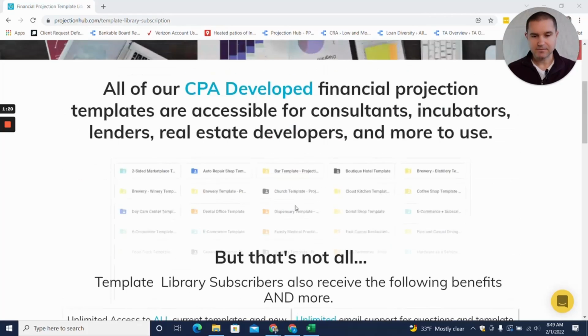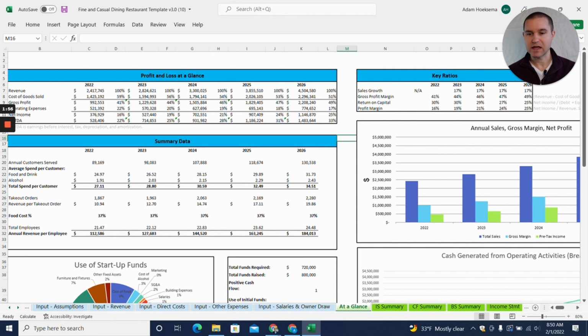You can see we have things like a two-sided marketplace template for a technology business, an auto repair shop, a bar, a boutique hotel, a brewery, a church, a cloud or ghost kitchen, a coffee shop, a daycare center, a dental office, a dispensary, a donut shop, e-commerce businesses, SaaS models. So lots of different variation here. Really just about any type of business model you can think of, we probably have a template that works pretty well. And I'm going to show you our fine and casual dining restaurant template here